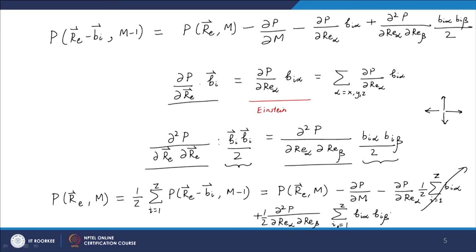Okay. So, now let us look at what that last term is equal to in detail. What we have got so far is P of R at M is equal to P of R at M minus dou P by dou M. Then the other term was 0, and then in the end we had